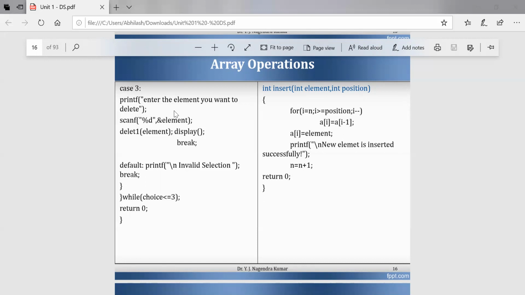In the previous case it was by using its position; in case 3 you are deleting that element using its value. In another case, if you supplied an invalid number, that means a value which is not there in the array, then it automatically displays invalid selection. So this is about the array operations. In detail, we'll discuss the remaining operations in the next section.